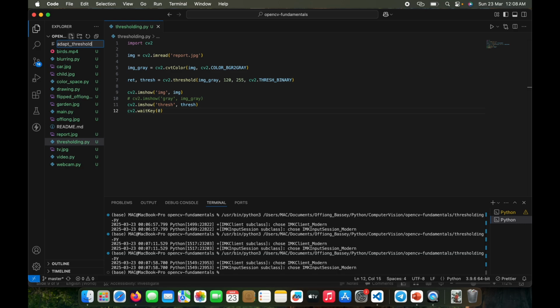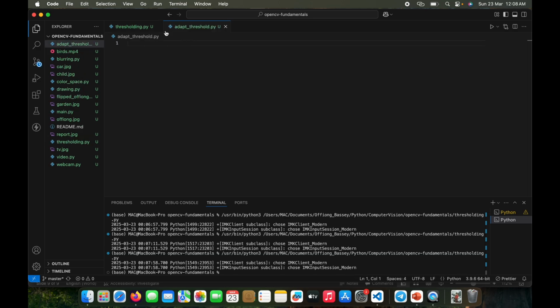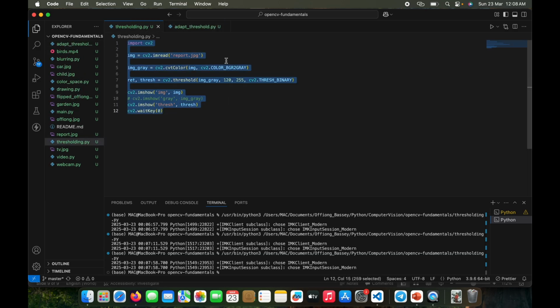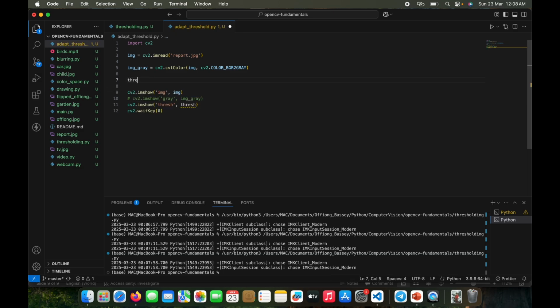So what I'm going to do is that I'll say adapt_threshold.py. So I do not need to write all that again. To make it shorter and not too long for you, I'm going to copy and reuse this code. So what I'm basically going to do is, this is what we want to change, and I'll say that my thresh is equal to